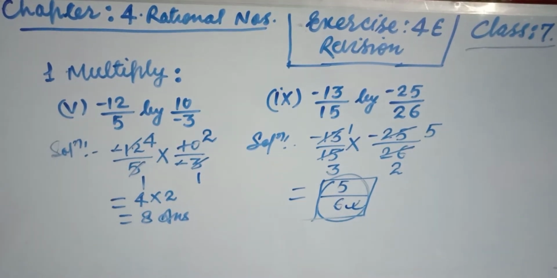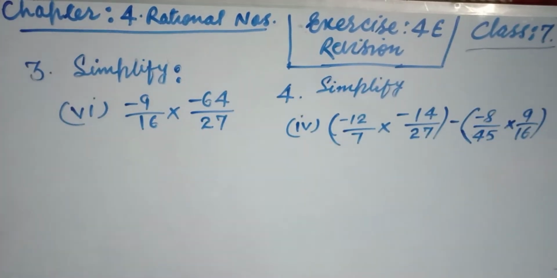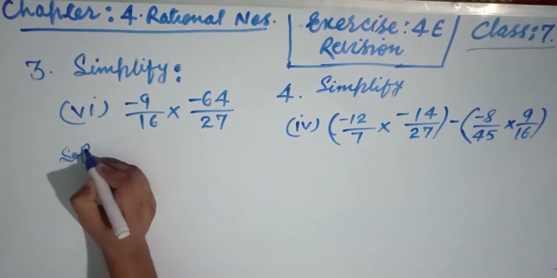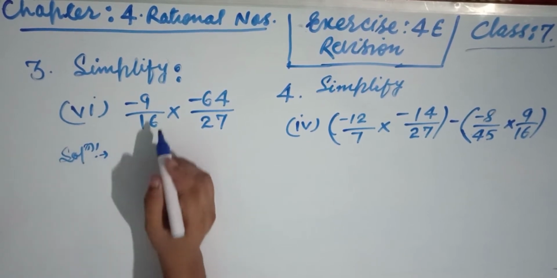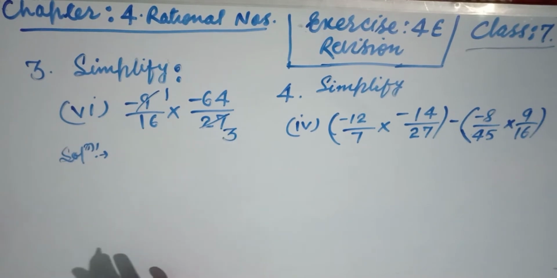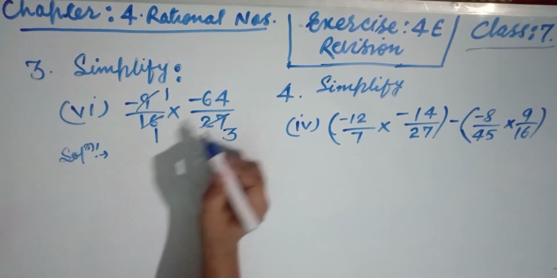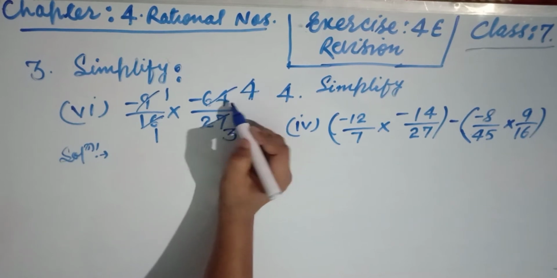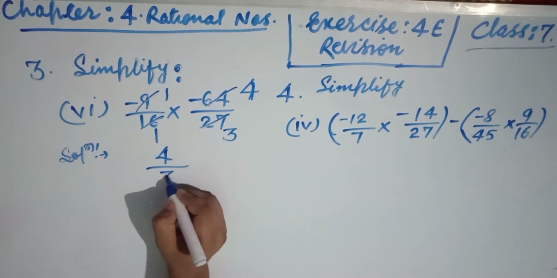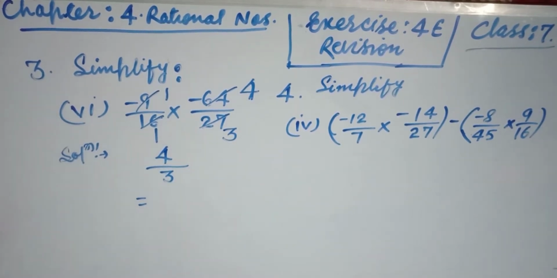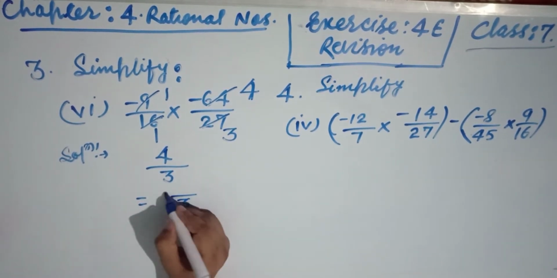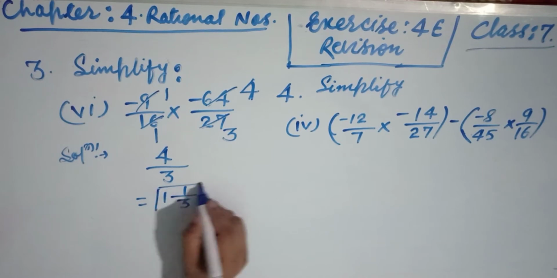Now see the next one, question number 3, friends. I have taken one sub-question, and all sub-questions are similar. This is 9 and 9 1 ja 9, and 9 3 ja 27, 16 1 ja 16, 16 4 ja 64, friends. So minus into minus plus, 4 1 ja 4 plus 4, and 3 1 ja 3. This can be written as a mixed fraction, matching the answer. This is 3 and here is the 1 1, because 3 1 ja 3 plus 1, 4. Okay, this is your answer.